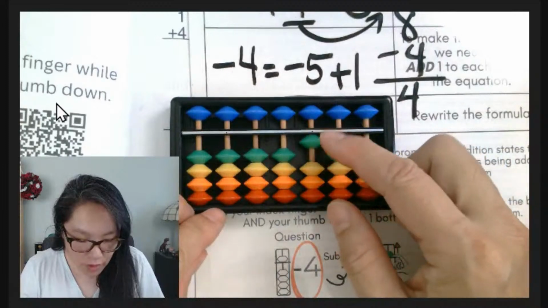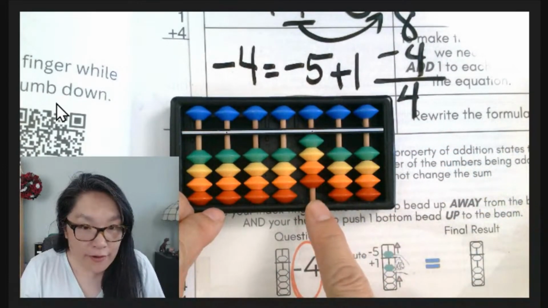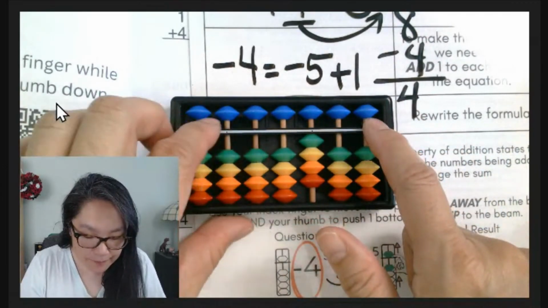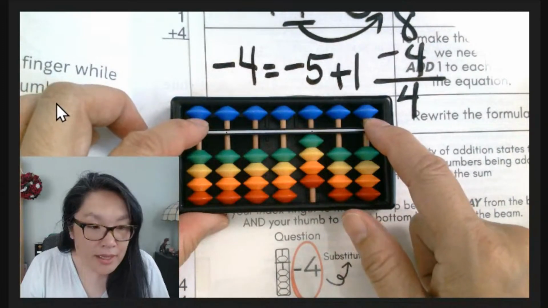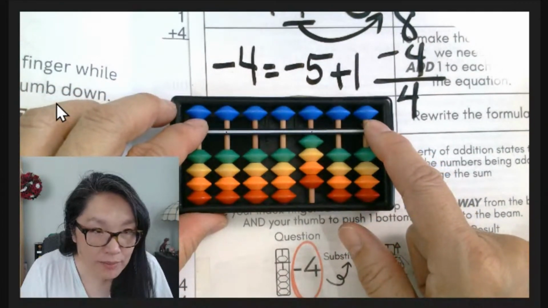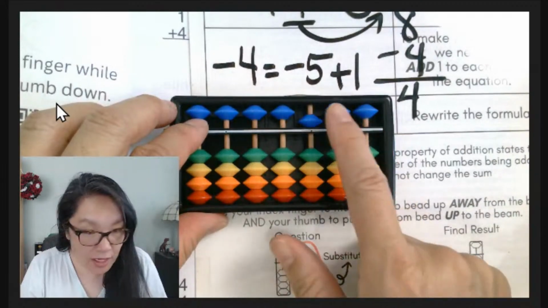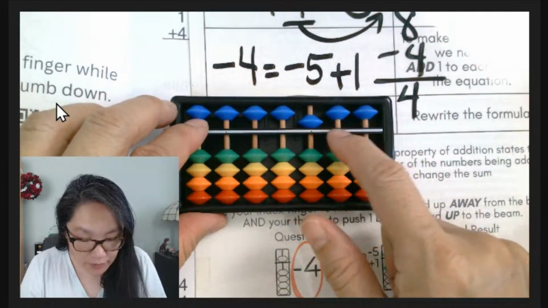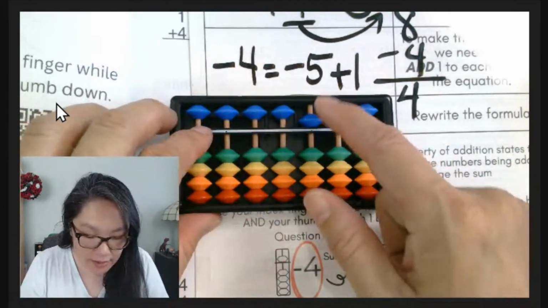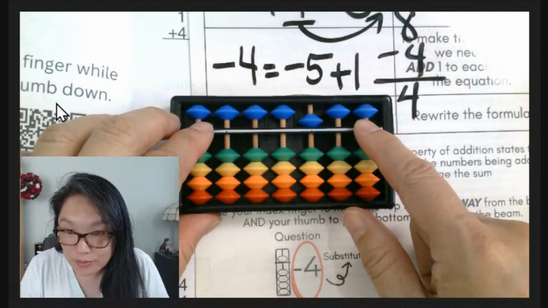So we have 1, 2, 3, 4. Notice I have 4 beads, and then I have the top bead. I'm sorry, I have the horizontal bar. This horizontal bar tracks my numbers. It tracks my beads. So I have 4 and then I have 5. The top bead will always be 5. And because this is my horizontal bar and I track my beads,